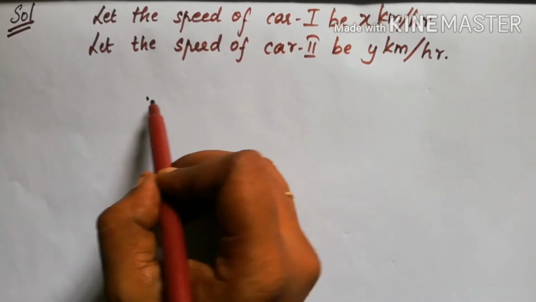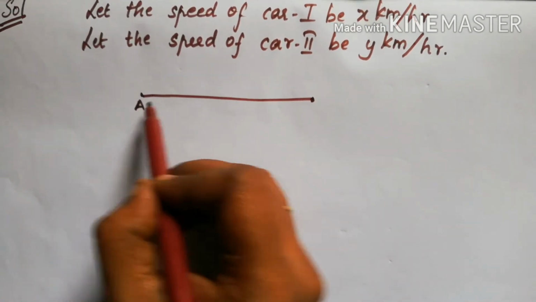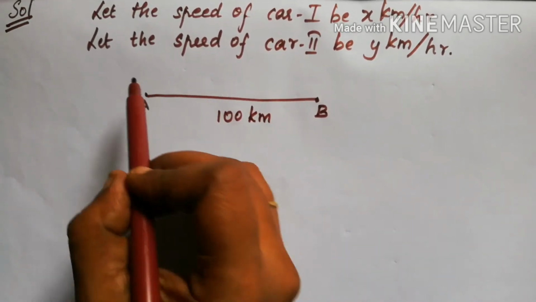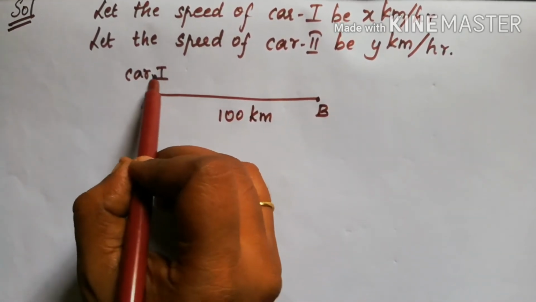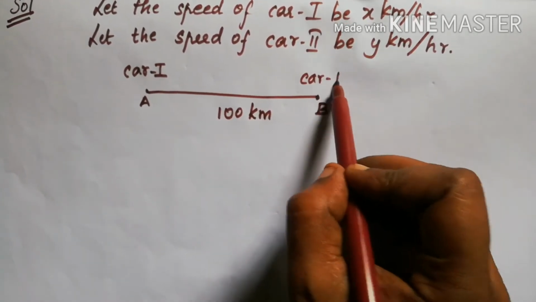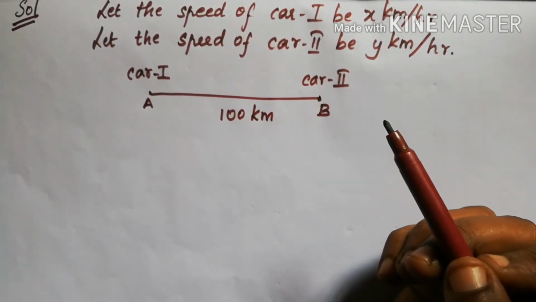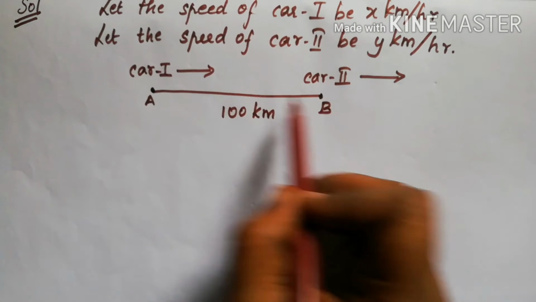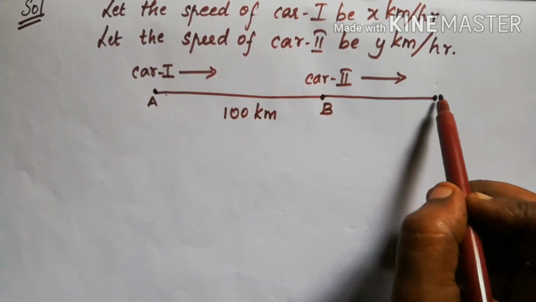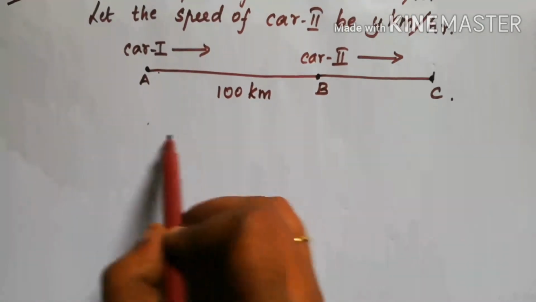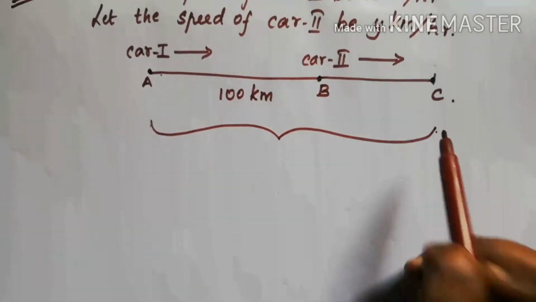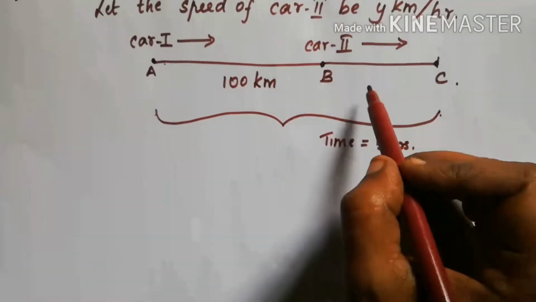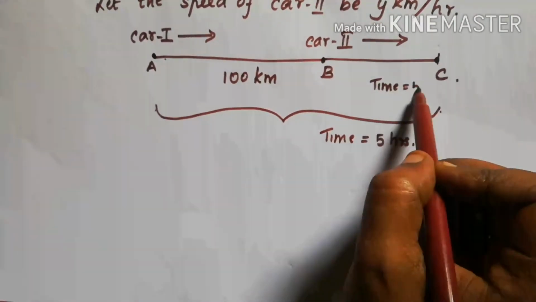So imagine this is a place A and B, you think. And both the places are 100 kilometer apart, it is said in the question. Now from here, car 1 starts from A. The second car starts from place B. Now they both are traveling in the same direction. Same time they are starting. And they are meeting somewhere over here, you think. So total time taken is how much? Total time taken is 5 hours. So for the second car also time taken is 5 hours.